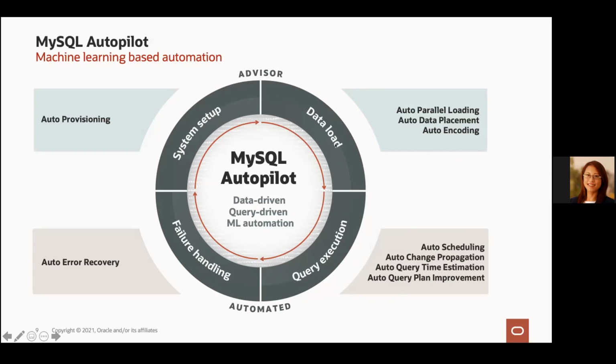On the data load side, one of the examples is auto data placement. In HeatWave, the way that we organize or store the data in the memory of HeatWave, currently by default, we use the primary key, but that may not be the optimal data placement in the HeatWave memory. For example, if you have columns other than the primary key that you use to do joins a lot, with, for example, tables A and B,